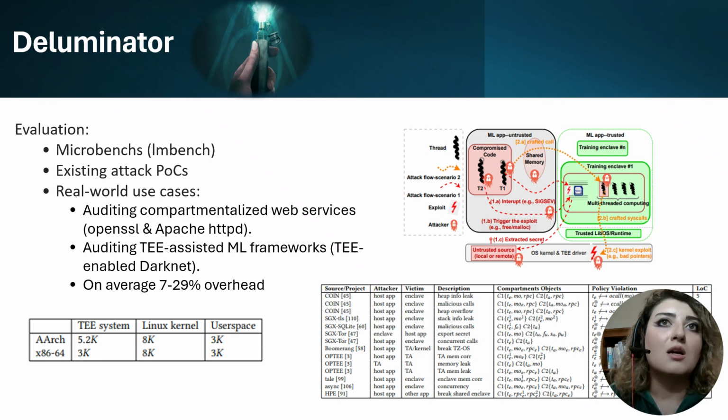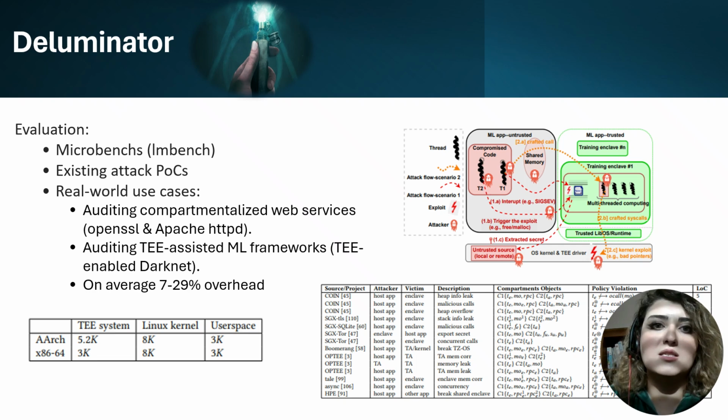The other use cases were SGX-based and TrustZone-based, for example OpenSSL and web services, where we could monitor some of the attack vectors, mostly existing attack vectors. We didn't come up with new ways of attacking the systems, because there are already all kinds of attack vectors. We wanted to make sure that we can use this tool for attack investigations and